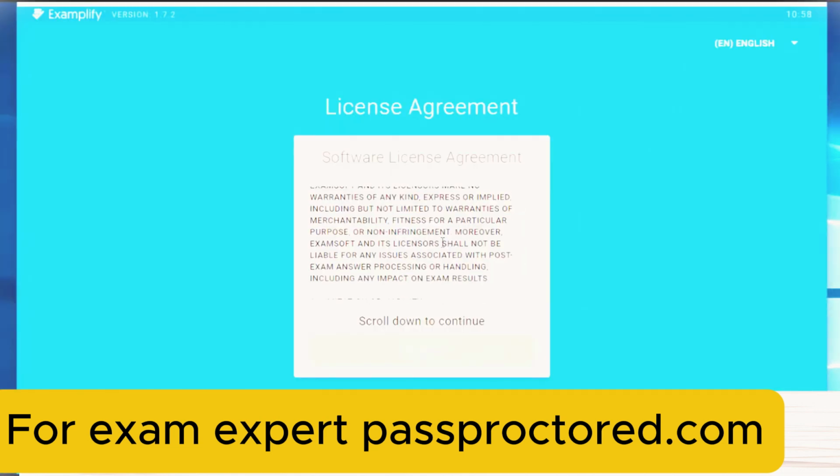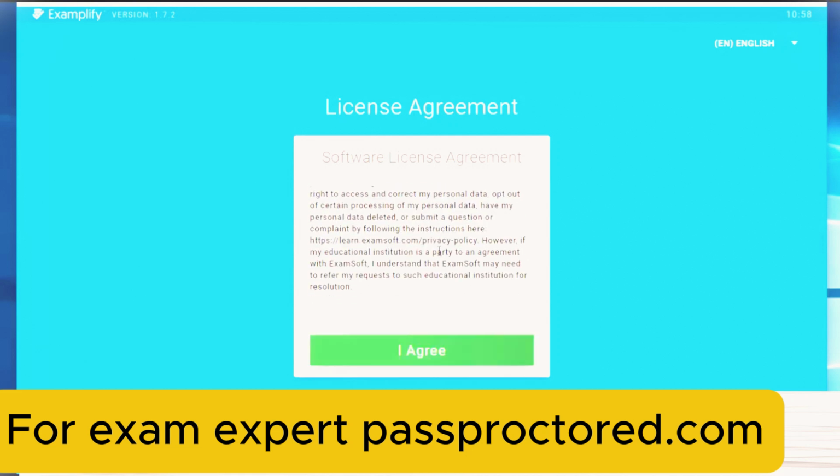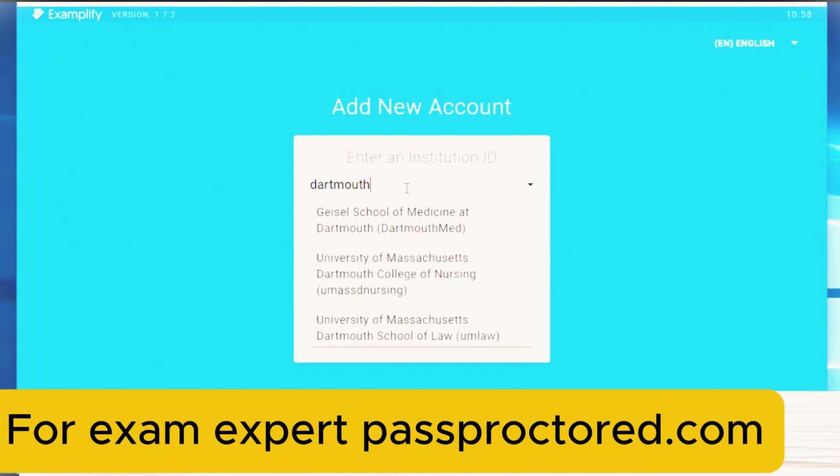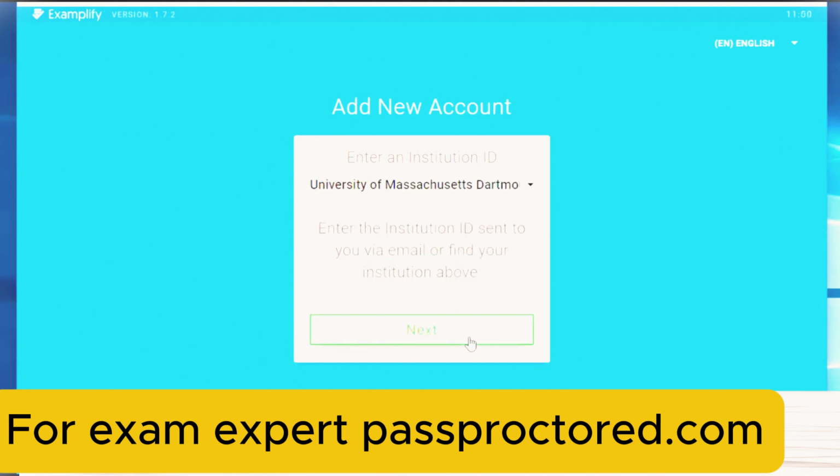You'll need to scroll through the license agreement and click I agree, and then you will need to search for UMass Dartmouth on the list. The easiest way is to just search for the word Dartmouth, then click University of Massachusetts, Dartmouth College of Nursing. Click Next,